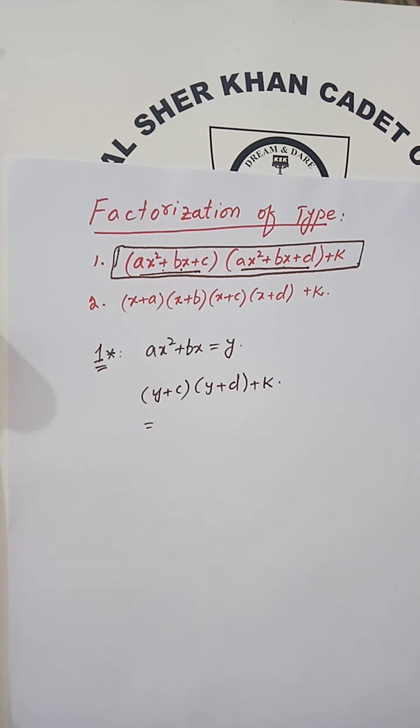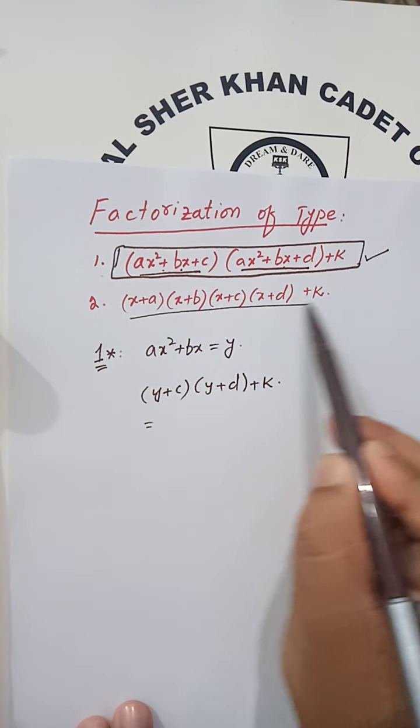That means you need to multiply the coefficient of x² with the constant term, and then split the coefficient of x into two parts such that from their multiplication you get the product of a and c, which are the coefficients of x² and the constant term respectively, and from addition you get again the coefficient of x. So you can use that method or some other method to factorize these types of algebraic expressions. Okay, so this is for type 1.